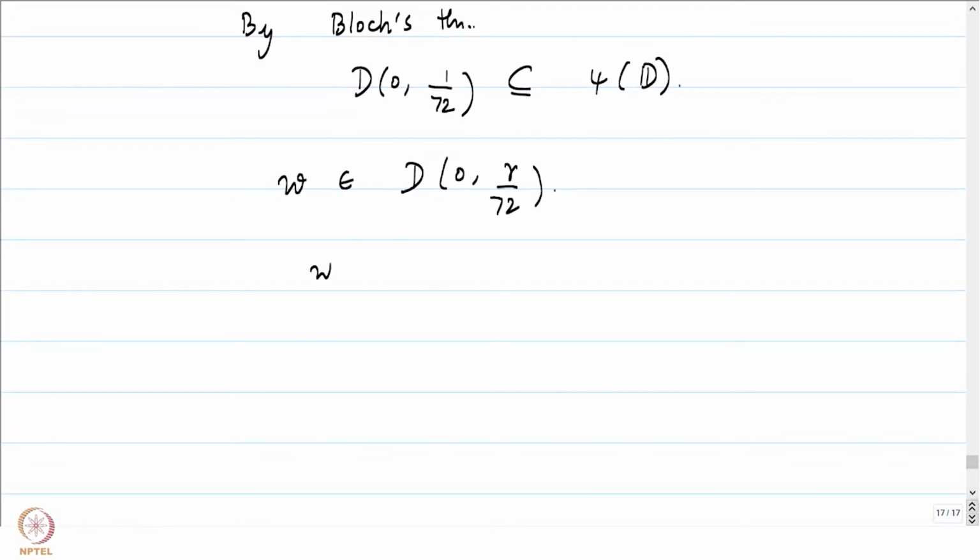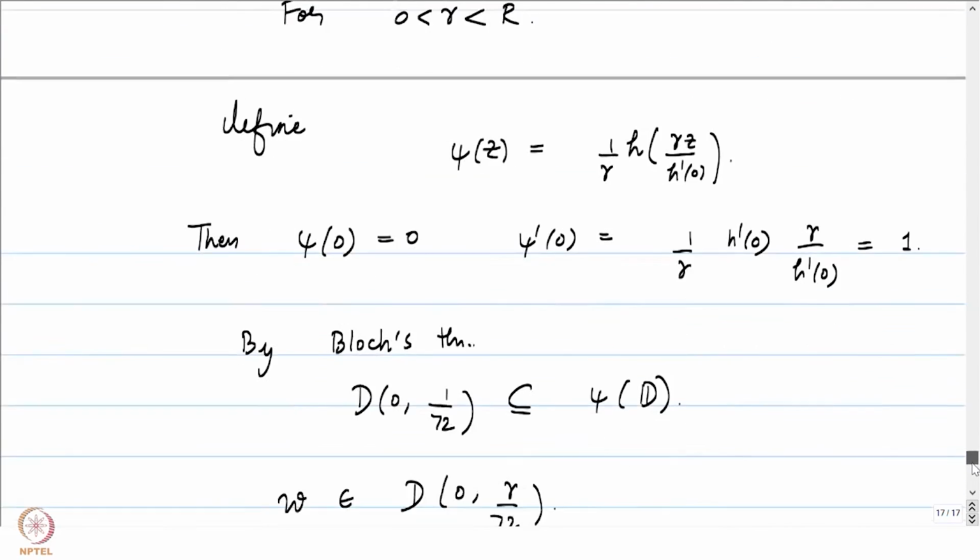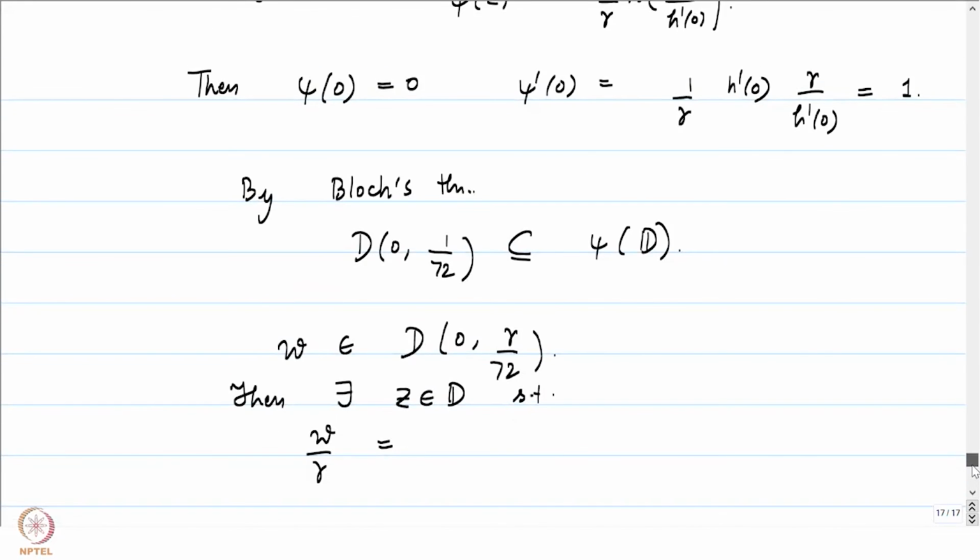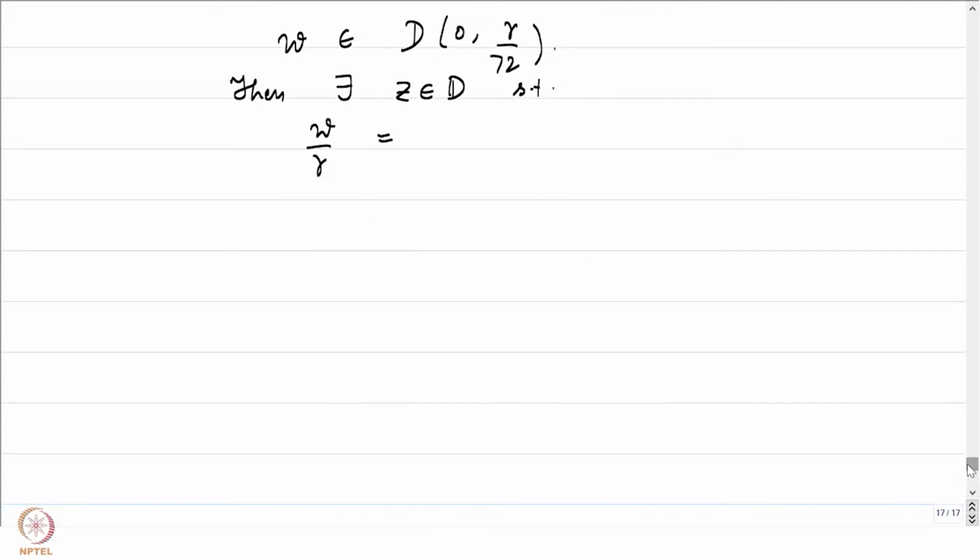If you look at w by r, that is in the disk of radius 1 by 72 around 0, then there exists z in D such that w by r is equal to psi of z. Psi of z is going to be equal to 1 by r times h of r z by h prime at 0, which implies that w is equal to h of some z